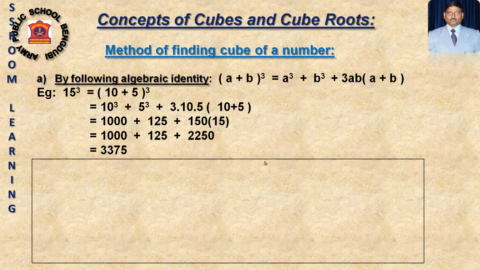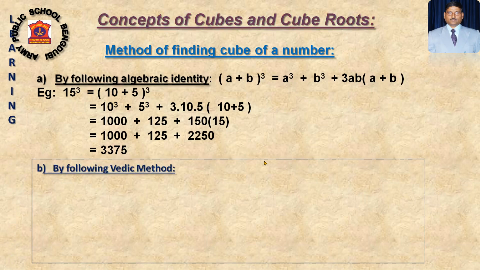Now, what are the different Vedic methods, shortcut methods, to find the cube of a 2-digit number? I am talking first about 2-digit numbers. 3-digit numbers also I will give some examples, though it is not given in your book, but you have to remember it because it will be very, very helpful for you. When you are in class 8, if you are not learning here, nobody will tell you to learn in class 9, 10. Mathematically you will not be strong, and calculation you will not be strong. So that's why I'm giving something extra to you.